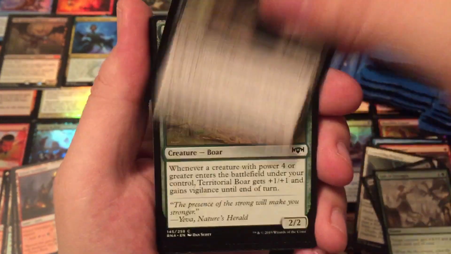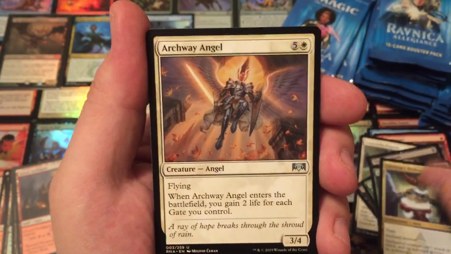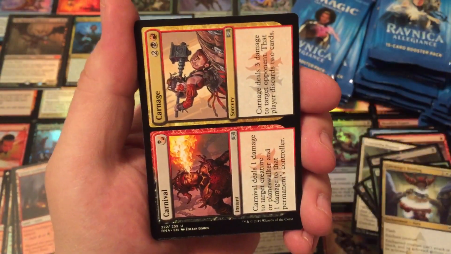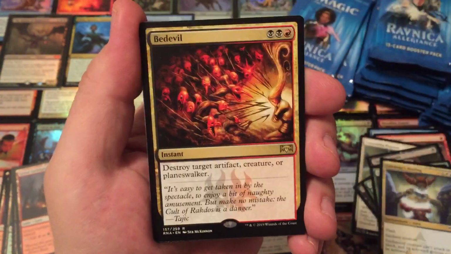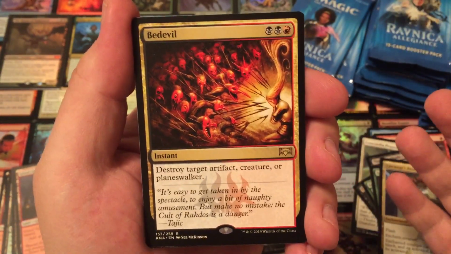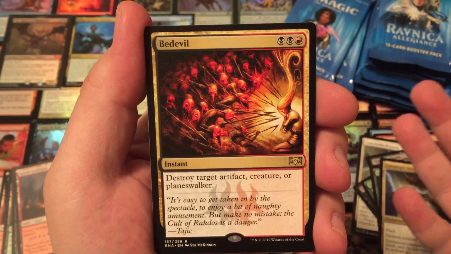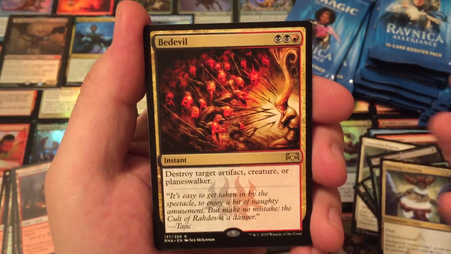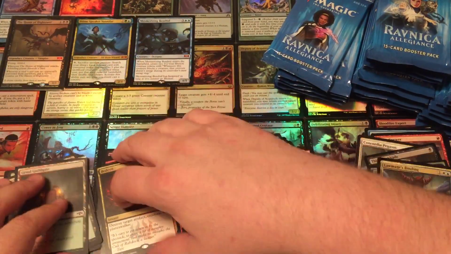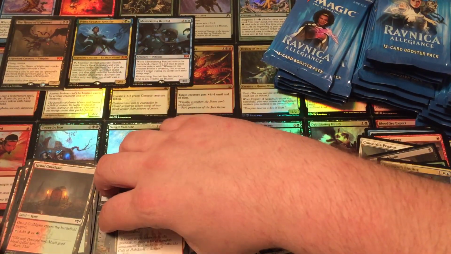Ooh! Plowing through these commons. Just look at all these cards. All right, an Archway Angel, the Spire Mangler, Carnival and Carnage, and a Bedevil! One of the greatest removals right now that you'll see. 3 mana, destroy a target artifact, creature, or planeswalker. Oh yeah. Bedevil, I think, is a great card, and in fact, personally,